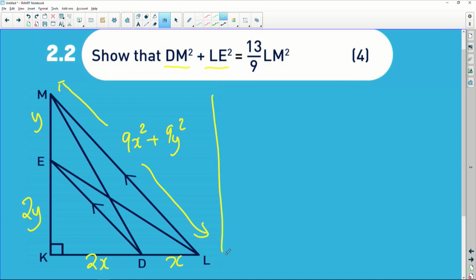So let's see what will happen if I do that. I'm going to attempt to find the length of DM. DM is this line here. It is a member of the yellow triangle I just highlighted now. So I'm going to say, okay, fine. You want me to use